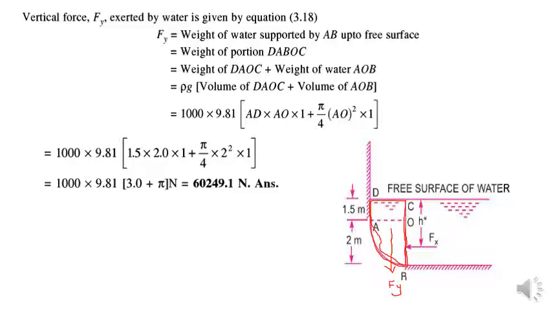So you can further divide this total area into two parts, that will be a rectangle and a quadrant of the circle. So here you can determine the weight separately by multiplying the density, meaning the gamma value, with the volume of these independent areas. So the volume of the rectangular area and the volume of the quadrant. So here you can input the value for the volume of this rectangular area and the volume for the circular area. And finally,